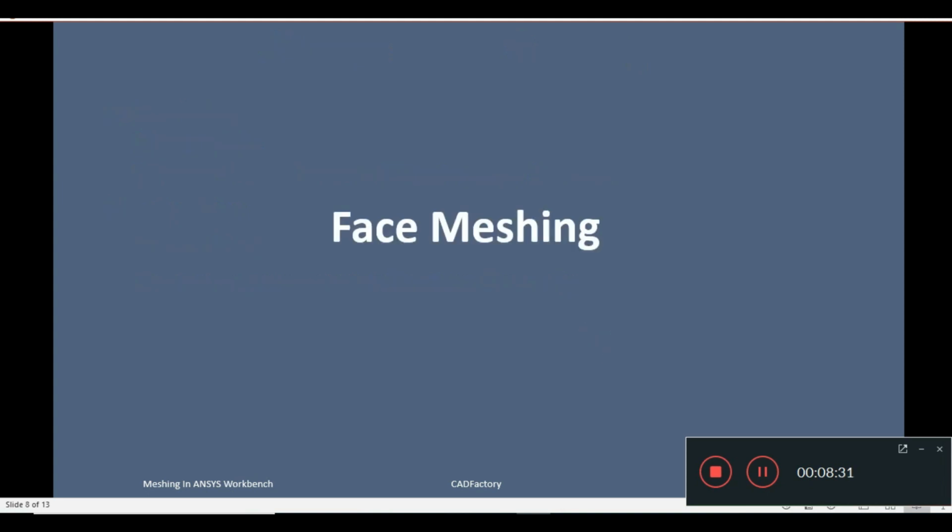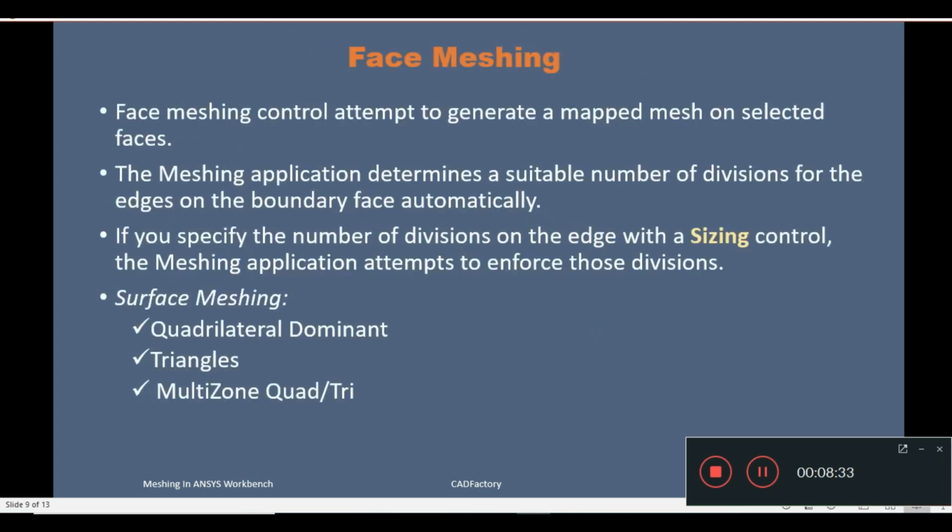Next local control is face meshing. Face meshing controls attempt to generate a mapped mesh on selected faces. When we select any face, this algorithm tries to generate a mapped, that is structured, mesh on the faces. First of all, it calculates the regions.